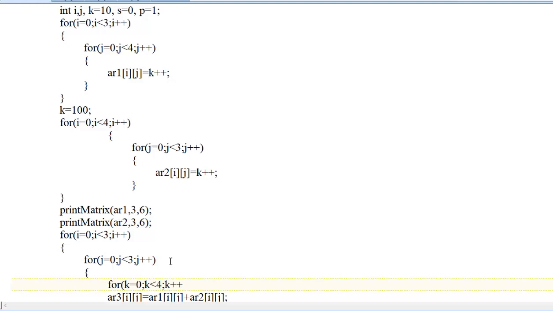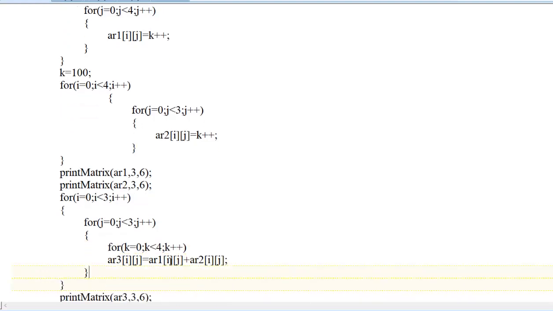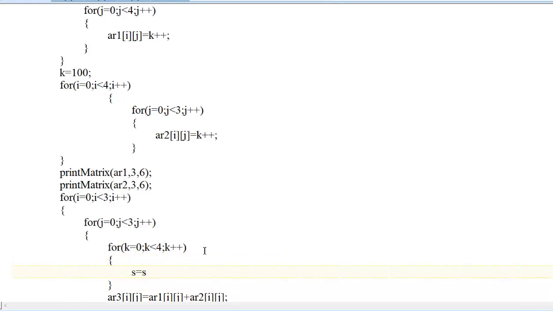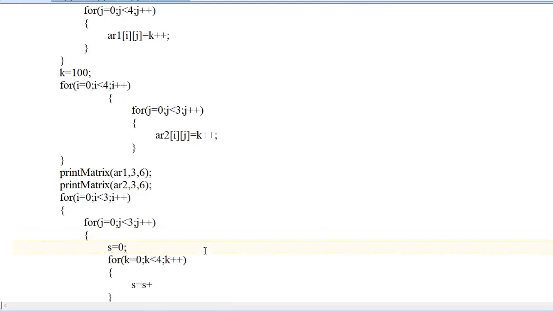Each time sum equal to 0, and find the sum: sum equal to sum plus first array of I and k